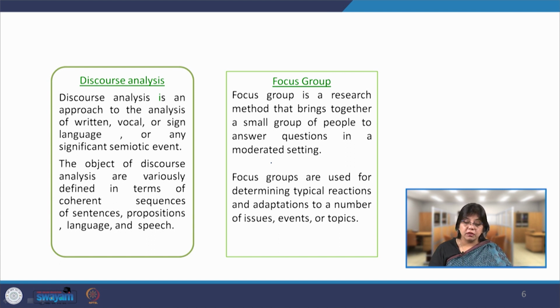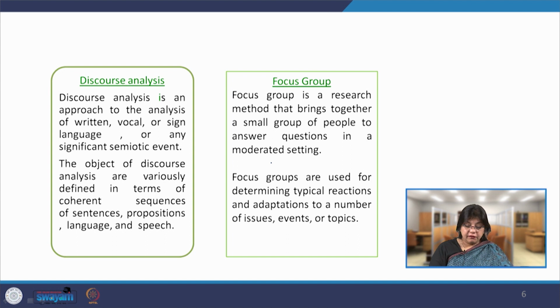And the last is focus group. It is a research method that brings together a small group of people to answer questions in a moderated setting. A third person is there who moderates the interaction between the members of the group, so that the interaction is completely based on collecting qualitative data, using those data based on typical reactions that people make while adapting to any situation, issue, event or topic. So, how people are responding to a particular topic, that is the major focus of any focus group